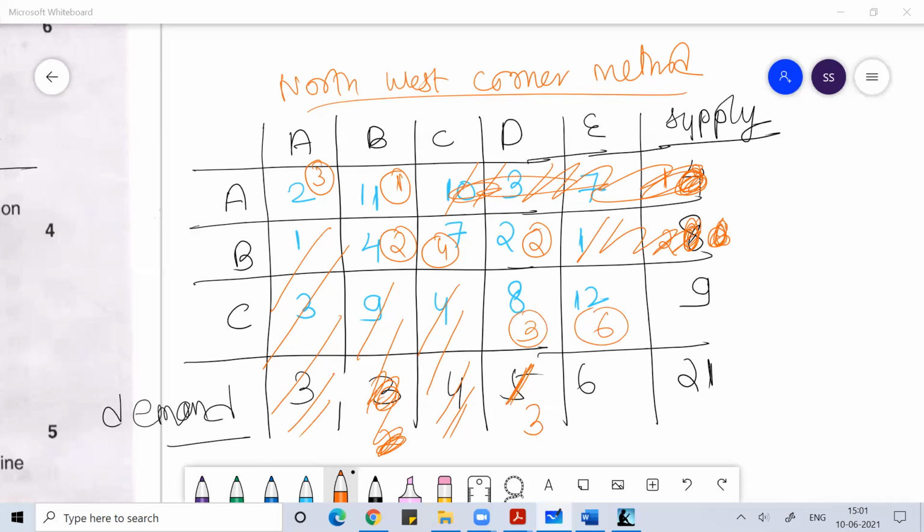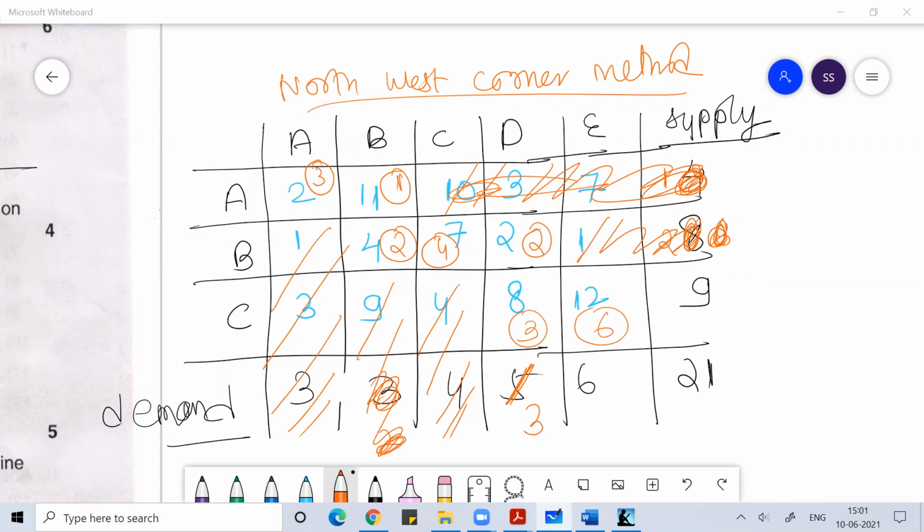Now, guys, I hope you understood this. Once you do this, just reconfirm. Do the row-wise and column-wise sum. Make sure the sum remains the same. First row sum should be 4, correct. Second row the sum should be 8: 4 plus 2 plus 2, 8. Third row it should be 9, correct.